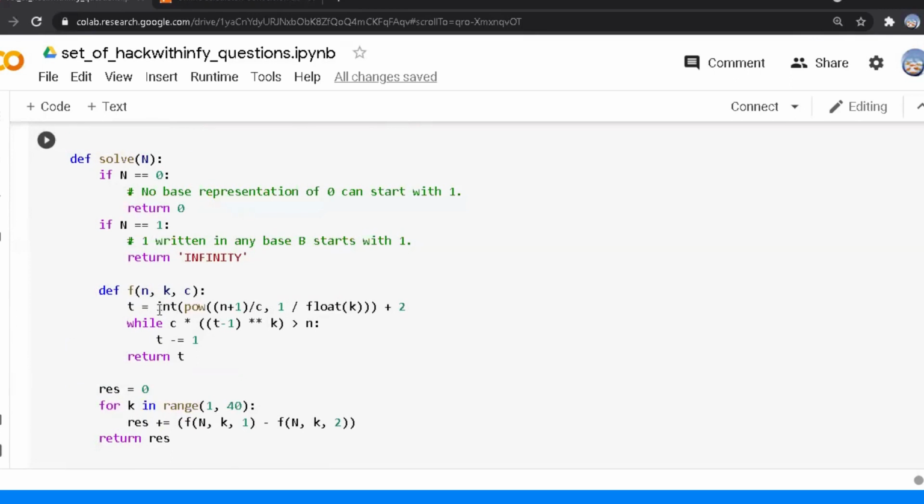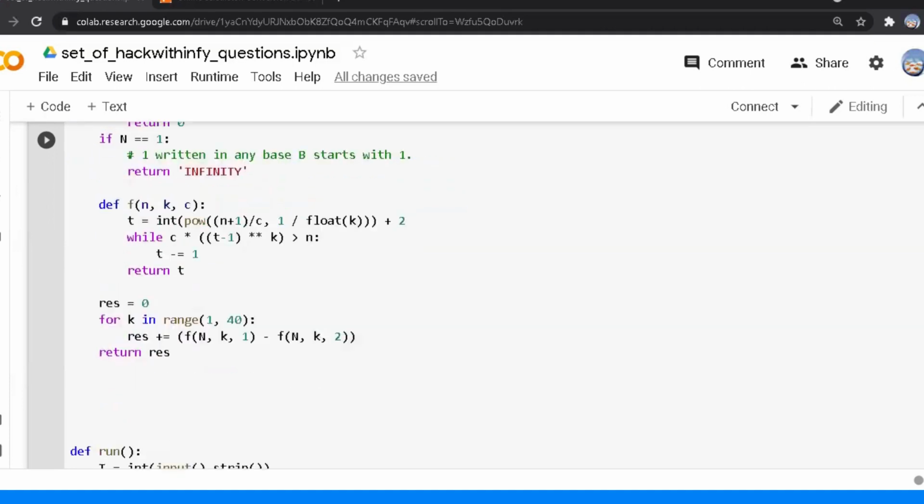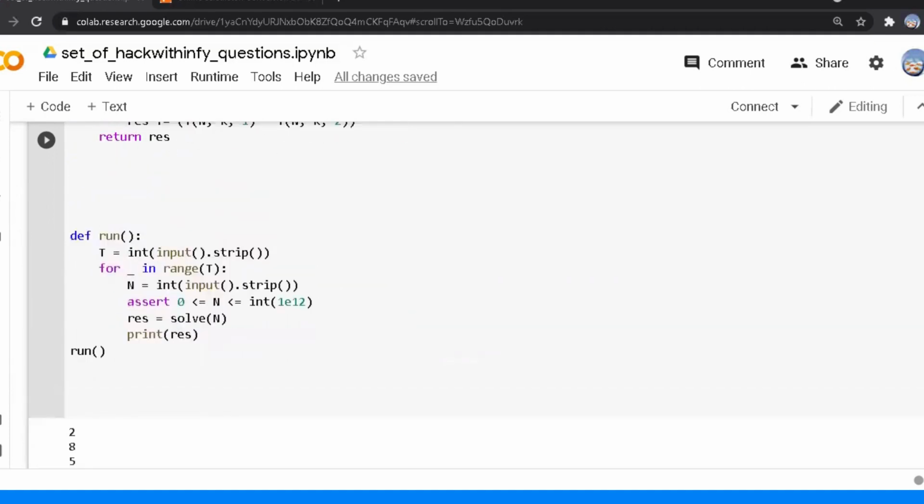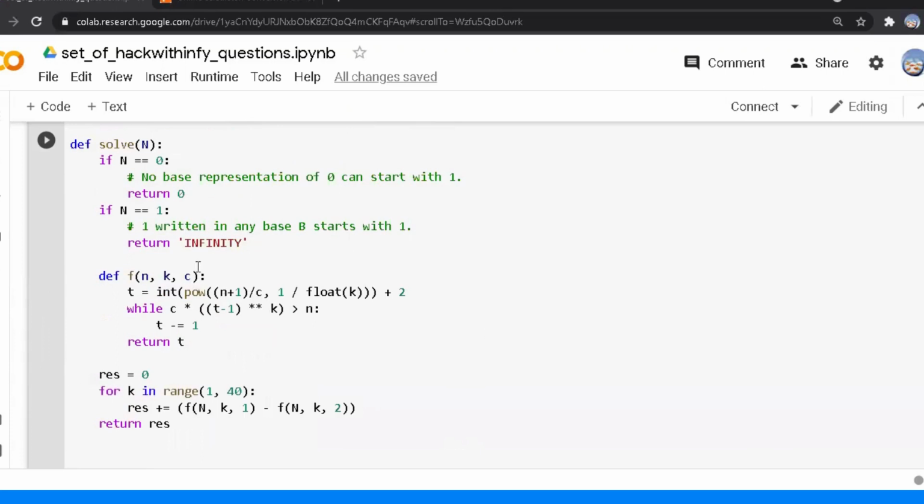If you are applying the n, c and k value here, then we will get that output which we are getting from that calculator. This is commonly a complex problem when it comes to manual calculation.